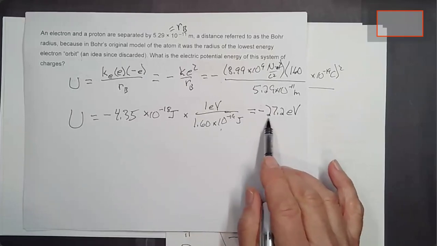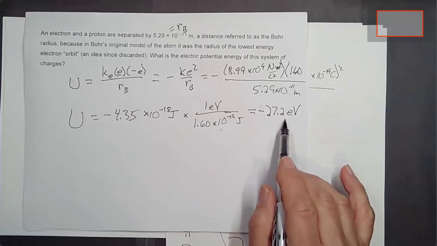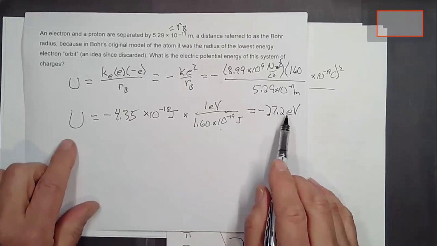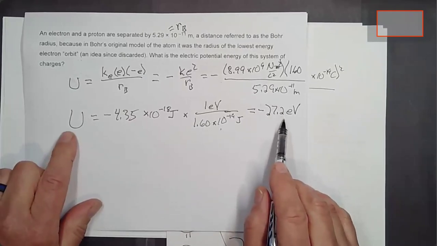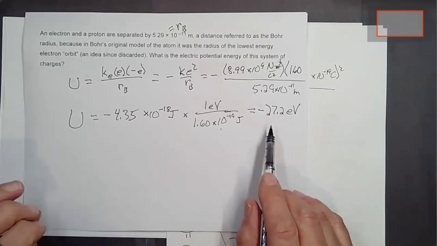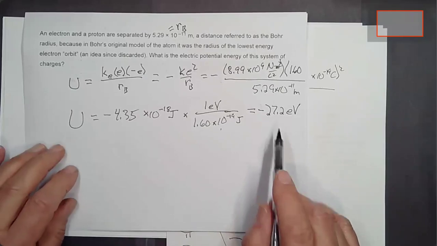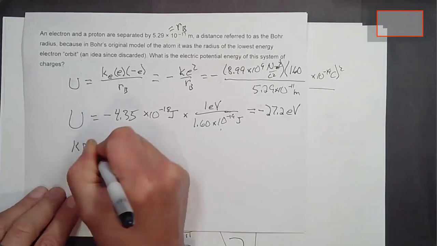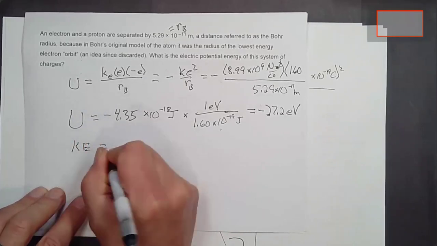This is the electric potential energy of the electron at that particular distance from the nucleus of the atom, but that's just its potential energy. It also has kinetic energy, and the kinetic energy of the electron in that particular state happens to be